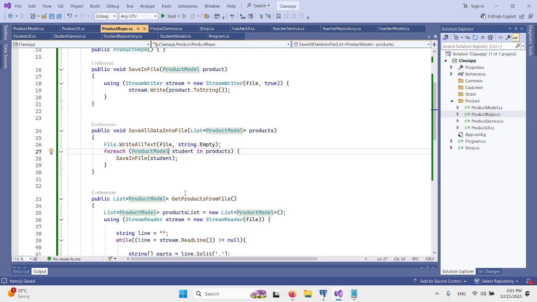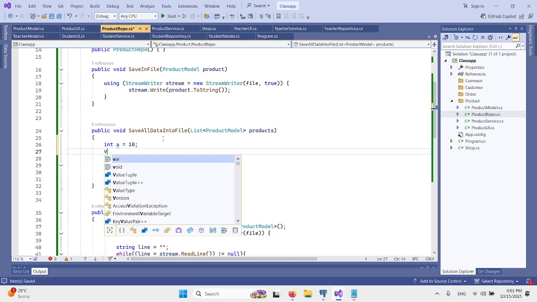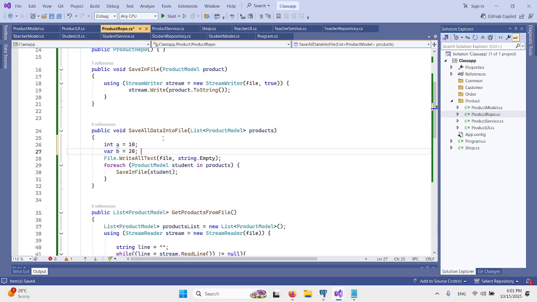Actually, inside, well, there's another concept very quickly. For example, we write int a is equal to 10. We are explicitly defining the data type of a as an int. But inside a function, when it comes to local variables, you can write like that. So it will automatically assign b as an int.